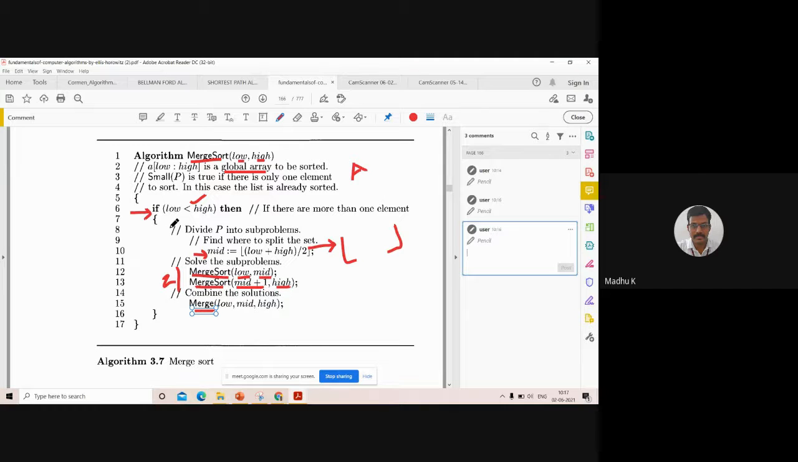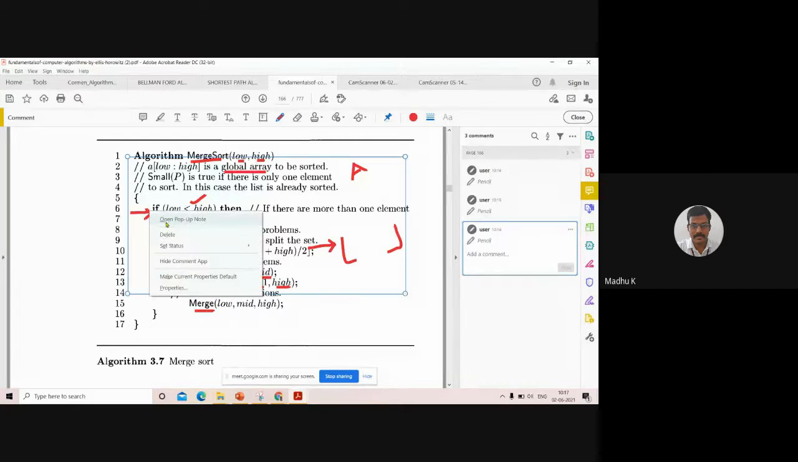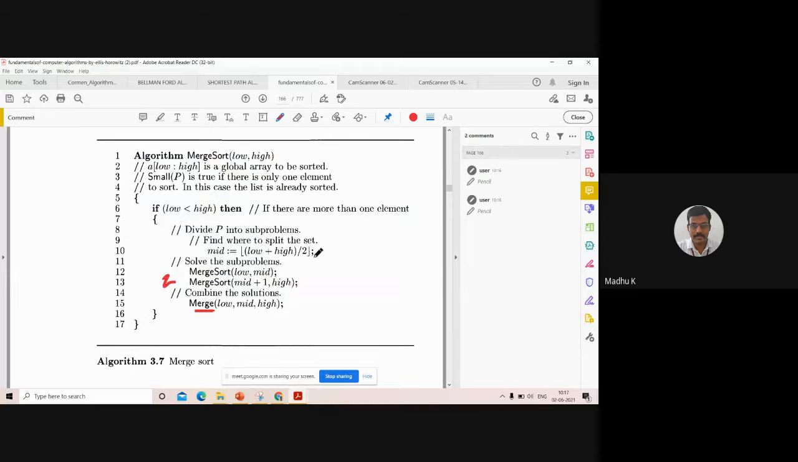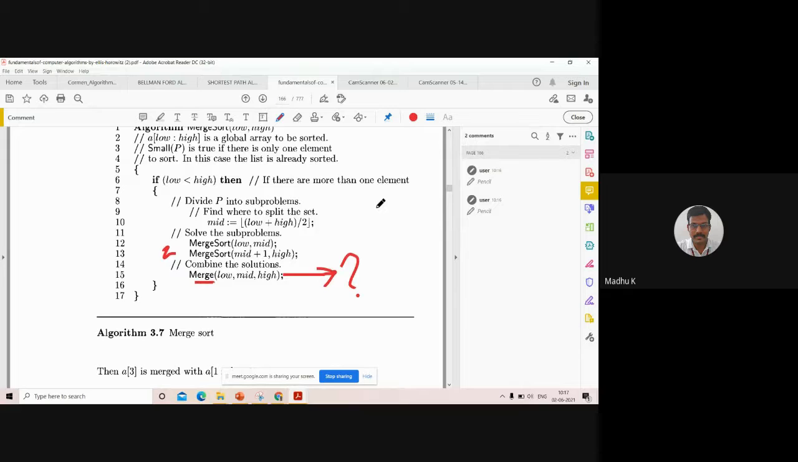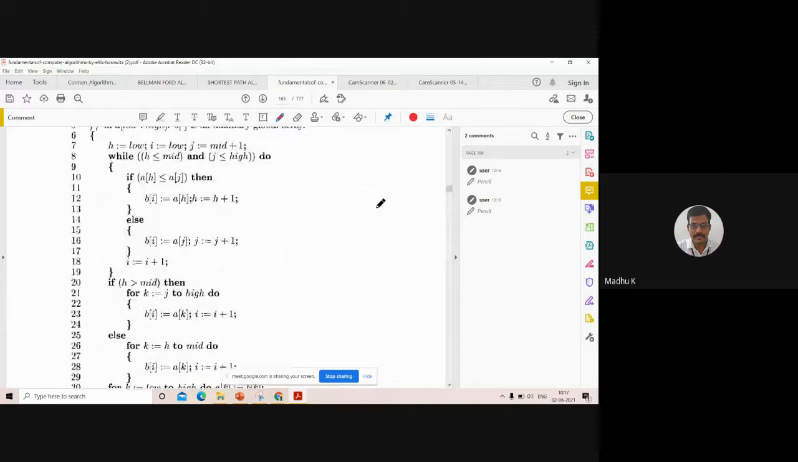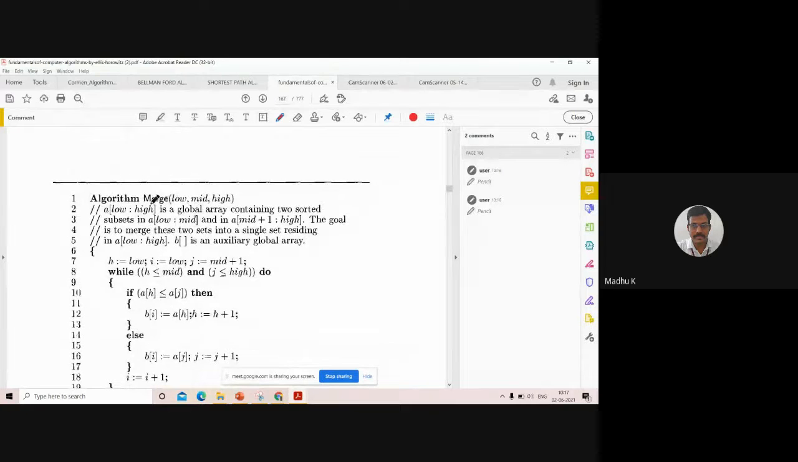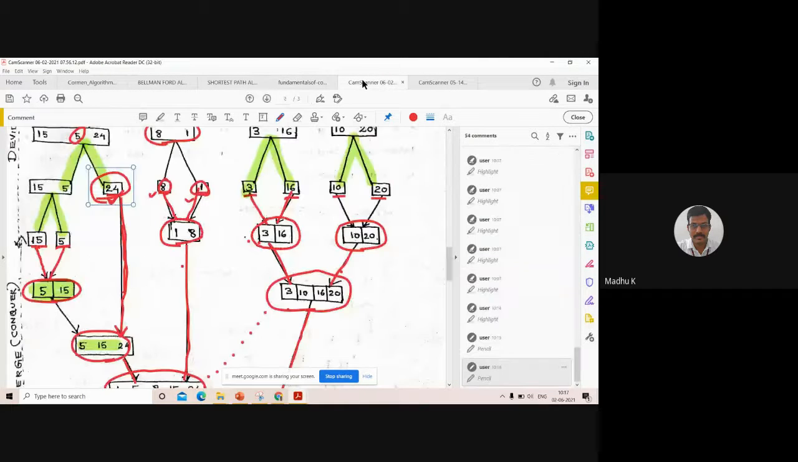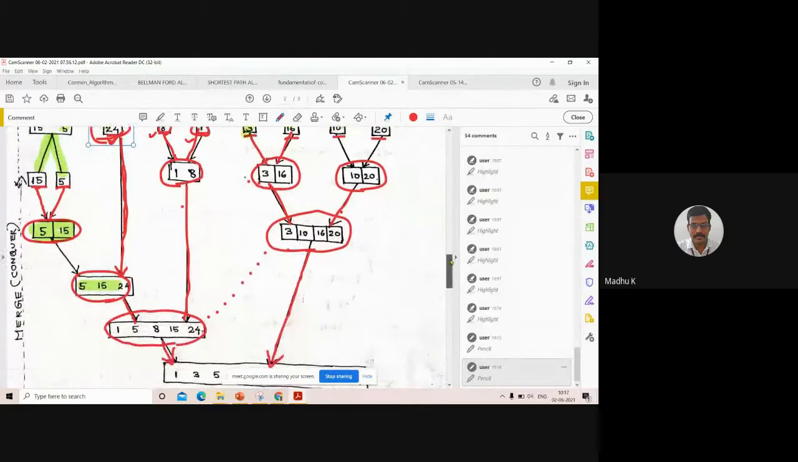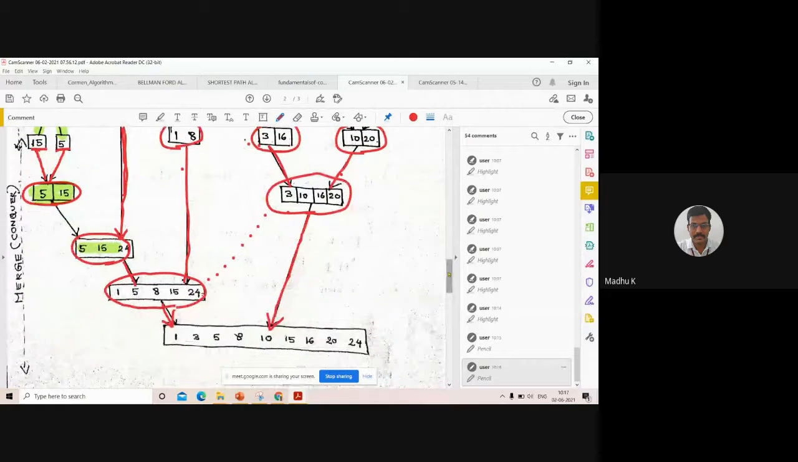Okay, this is about the algorithm. Now we want to study the merge algorithm also. What is merge? This is a separate algorithm. Merge means, you can note here, suppose